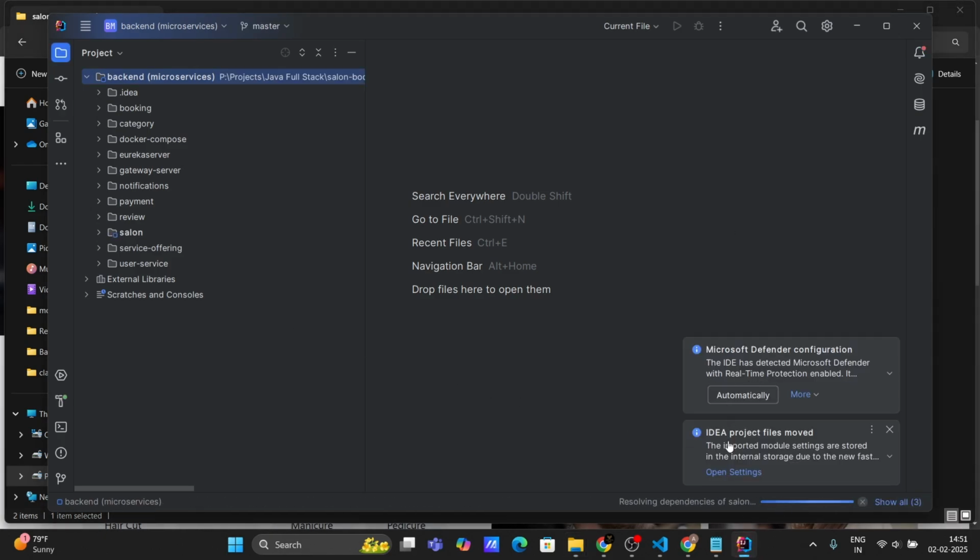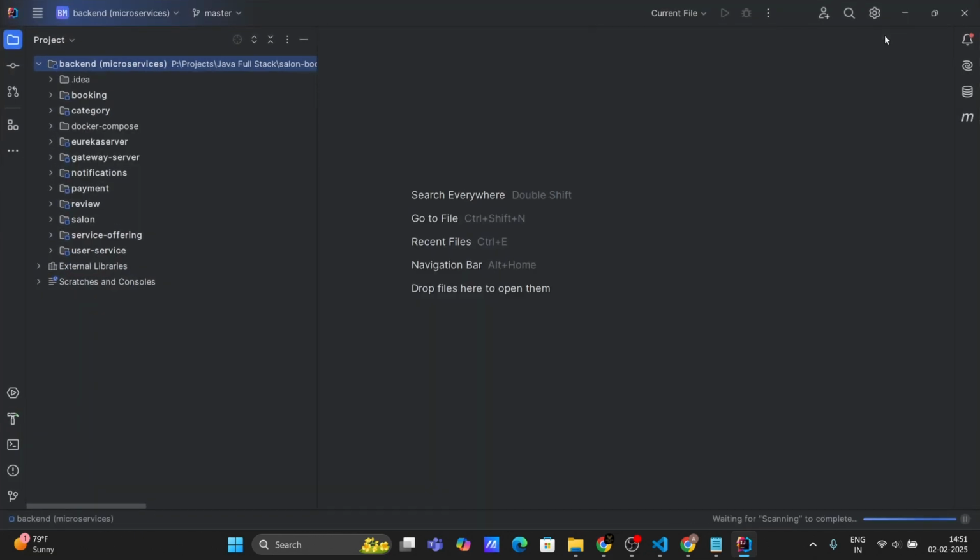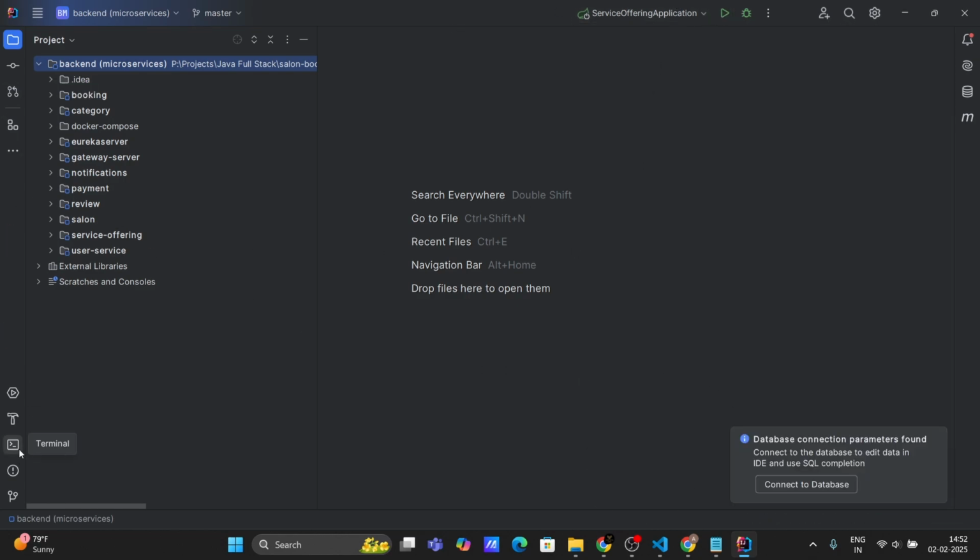Then I will load all the Maven projects, and there you go. It is resolving dependencies. It will take some time, so let's wait till that, and let me maximize it. Okay, it's done. All my dependencies have been resolved. Now I can run all the services one by one, or